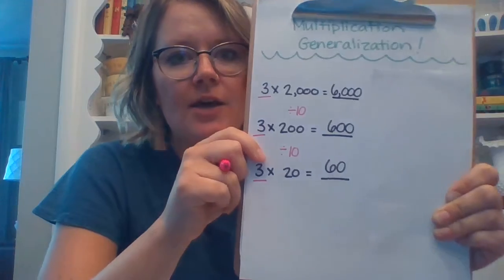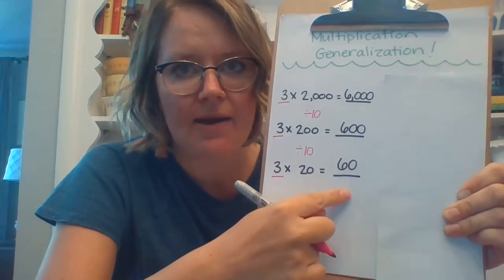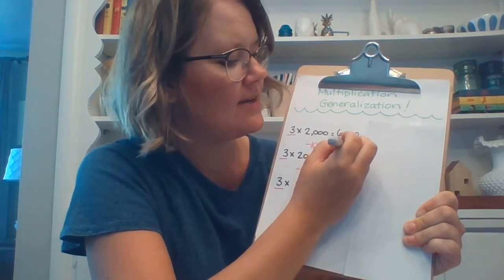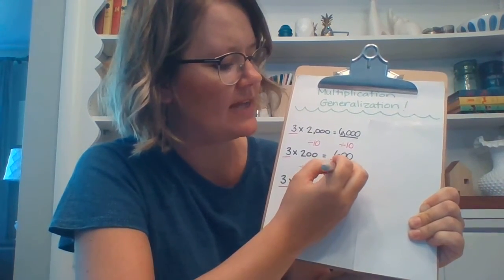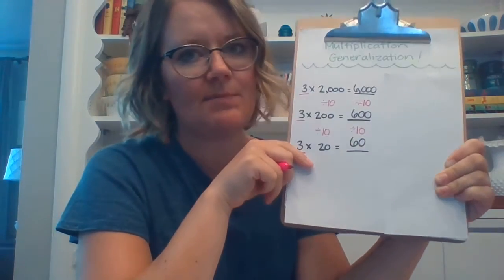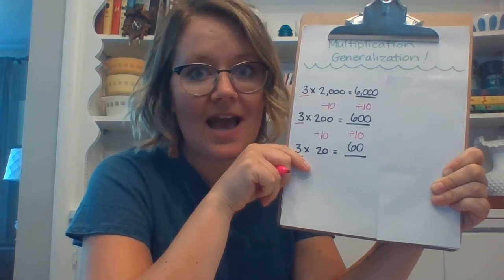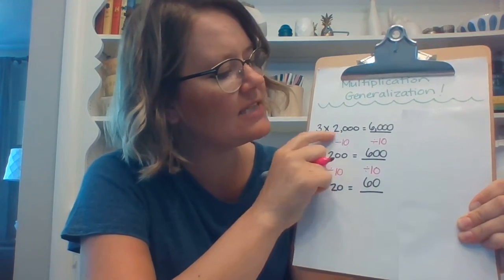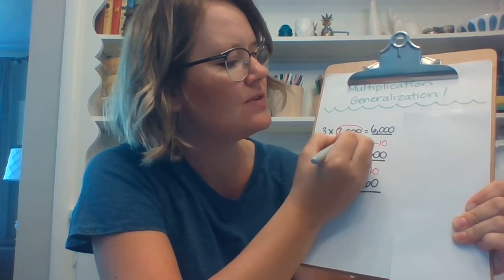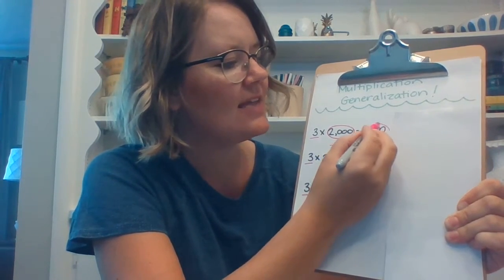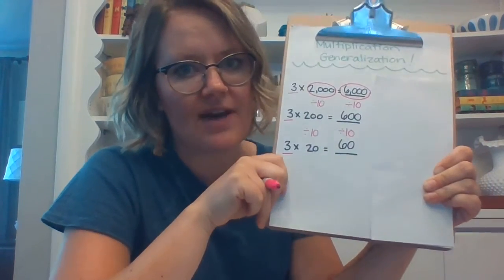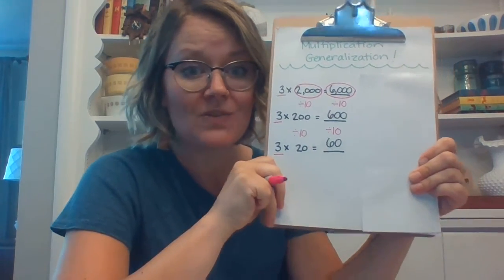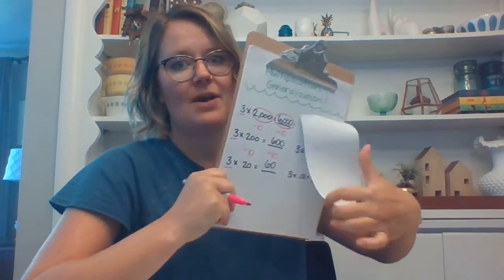And hopefully, you're also noticing that same pattern over here. 6,000 divided by 10 is 600, divided by 10 is 60. So if I were to ask you, I think all of you would be able to say that when we're dividing this factor, 2,000, by 10, then the answer also divides by 10. And this is something that's true all the time with multiplication. So even if we're thinking about decimals,